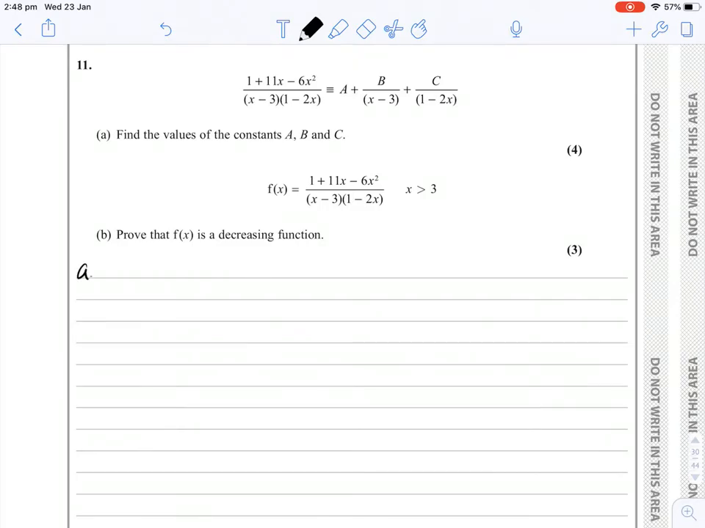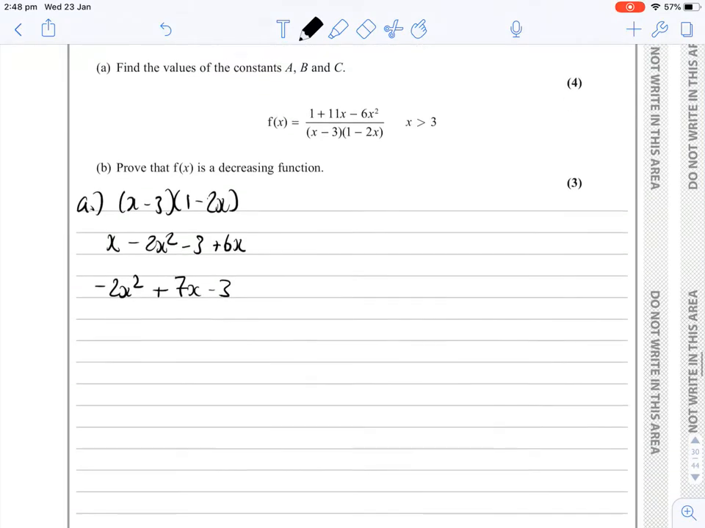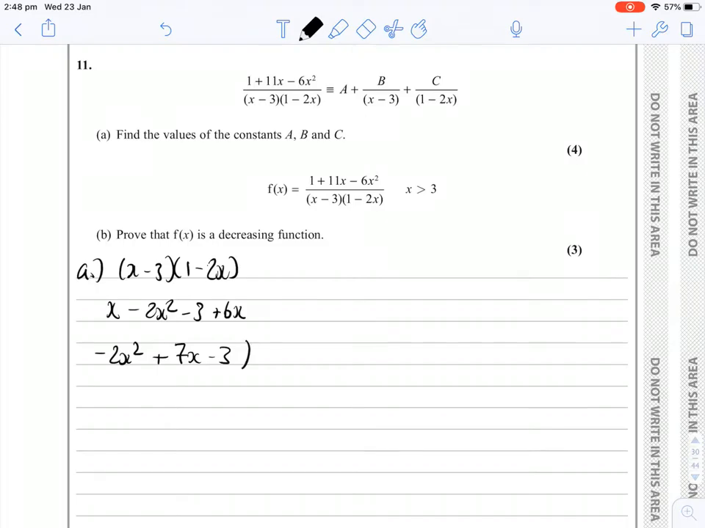So to begin with, we're just going to look at expanding the bottom of that fraction. So we've got x minus 3, 1 minus 2x. So that's going to give us x minus 2x squared minus 3 plus 6x. So we've got minus 2x squared add 6x, so that's going to be add 7x minus 3. And so dividing that into